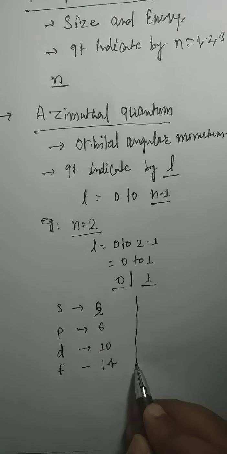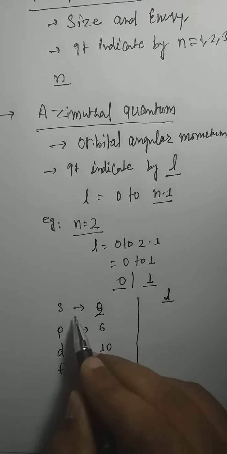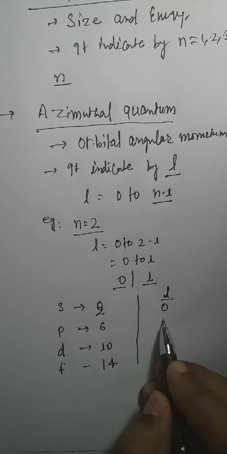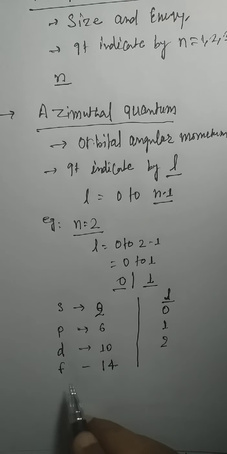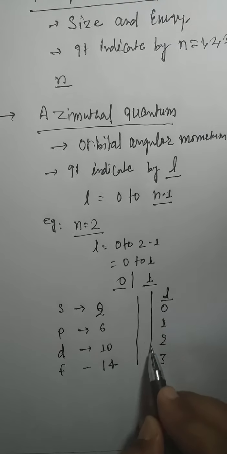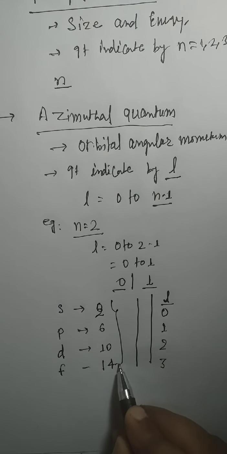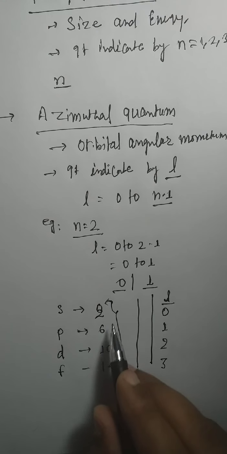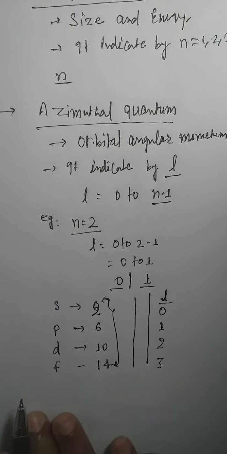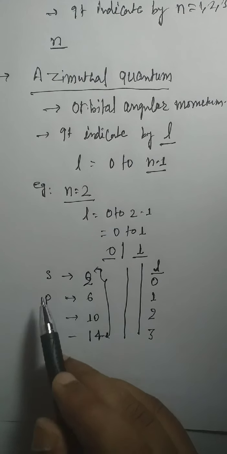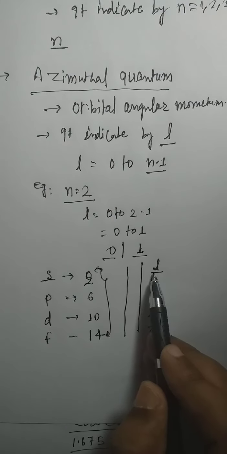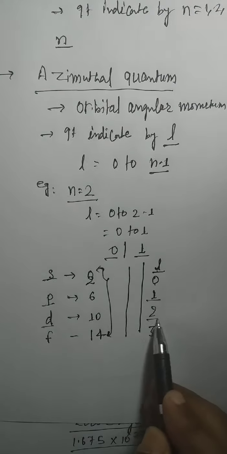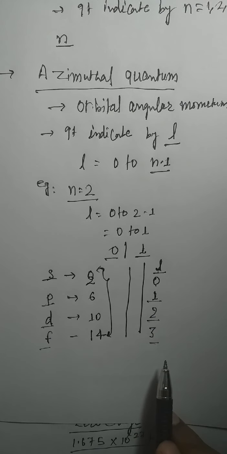But when we talk about the value of l with respect to s, it becomes 0. For the p orbital the value is 1, d has 2 and f has 3. Memorize these values. This is not important now; we will see it in the next topic of electronic configuration, where we get a much easier and clearer picture when we fill in the electrons. But for now we are just correlating. S has l value 0, P has 1, D has 2, F has 3. All of you have to memorize like this.